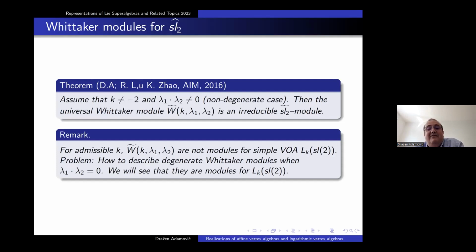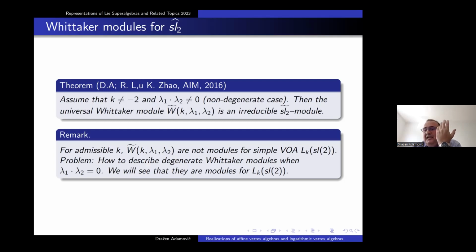Then the universal Whittaker module is irreducible. So in the non-degenerate case, the universal Whittaker module is irreducible. This was nice, and we nicely published this paper. But then the question was,